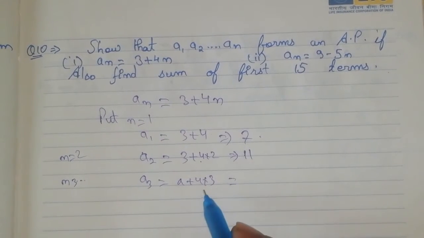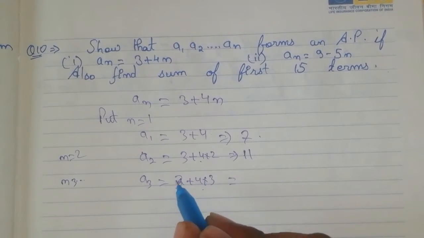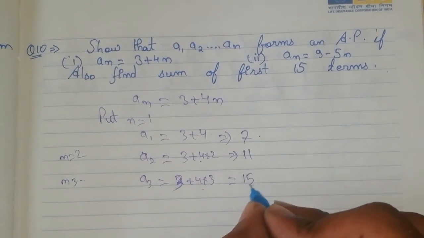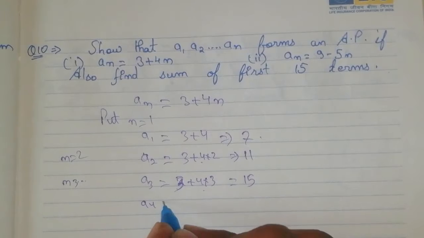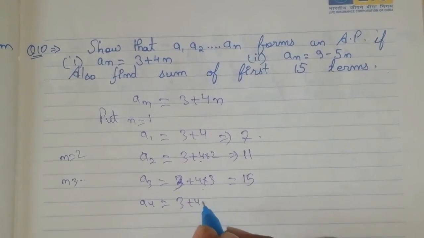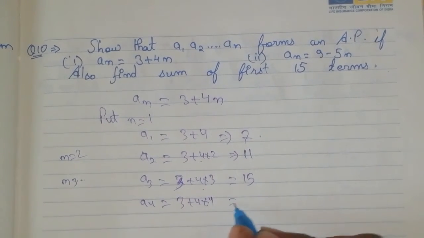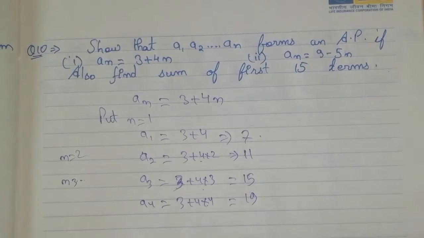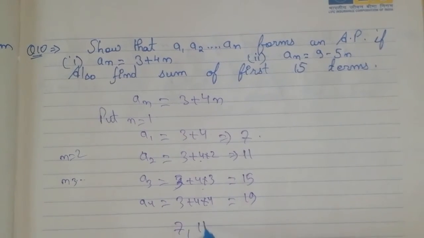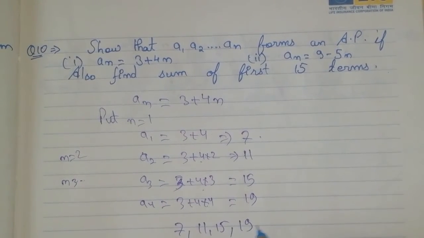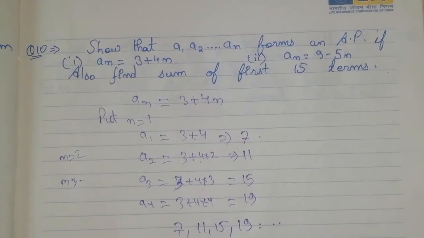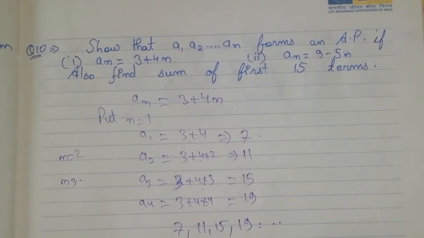So here we have 4 3s are 12 and 3 is 15. Like this, a4 is equal to 3 plus 4 into 4, so 16 plus 3 is 19. So we have the terms 7, 11, 15, 19. So yes, they are an AP because their common difference is 15 minus 11, which is equal to 11 minus